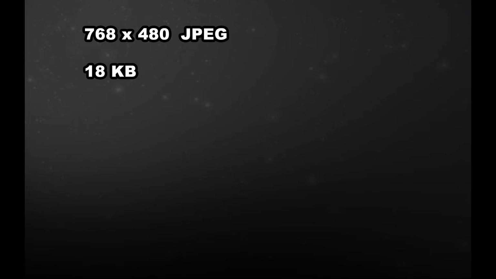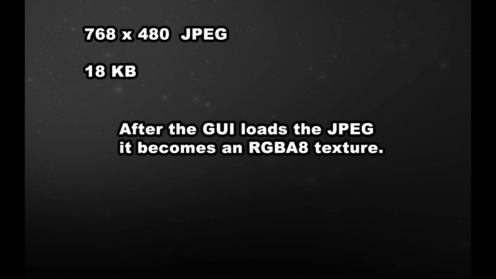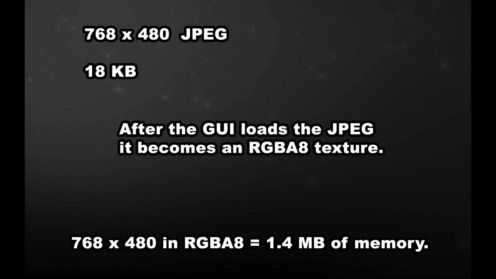Take the background image for example. It's a high-resolution JPEG that's been heavily compressed to be under 20 kilobytes, but once the GUI processes the texture, it becomes a 1 megabyte memory hog. So instead, I got rid of the JPEG step, resample the image as 320 by 240, and store it in the GameCube's CMPR format, which produces a lower quality texture, but also takes less memory. I then have the GUI display it directly with a full screen scale. This results in a near identical look that barely takes up any memory.